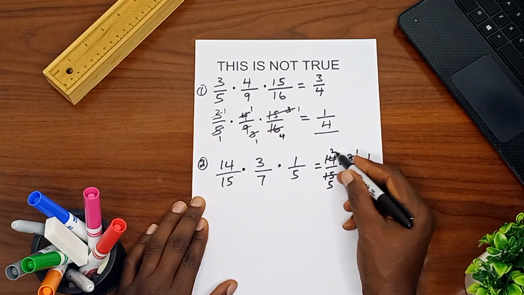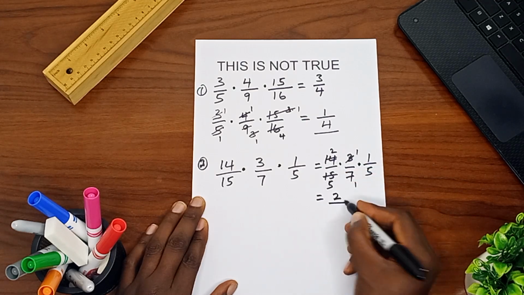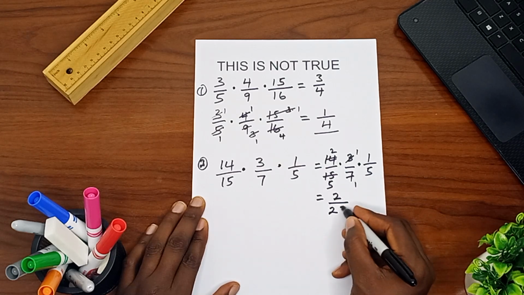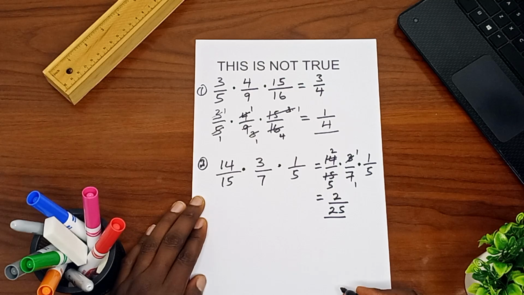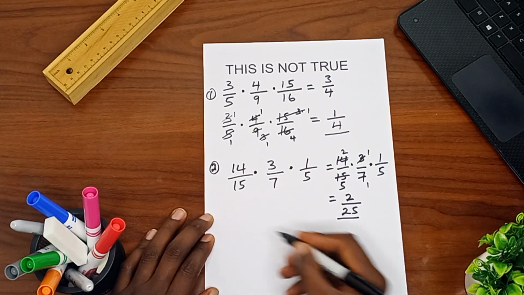So our answer is going to be 2 times 1 times 1, which is equal to 2, out of 5 times 5, which is 25. This is our correct answer. So we will see another example, which is